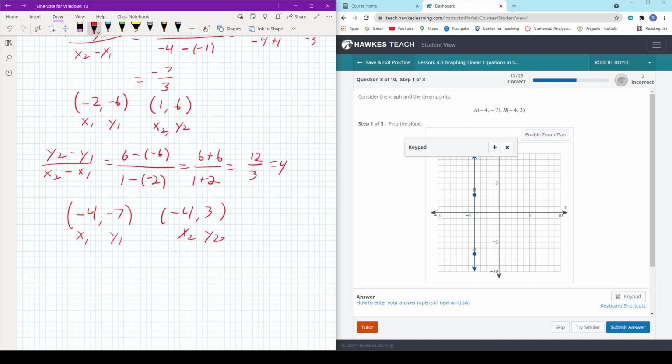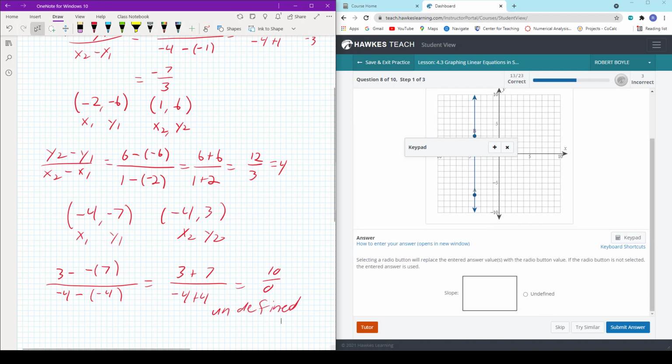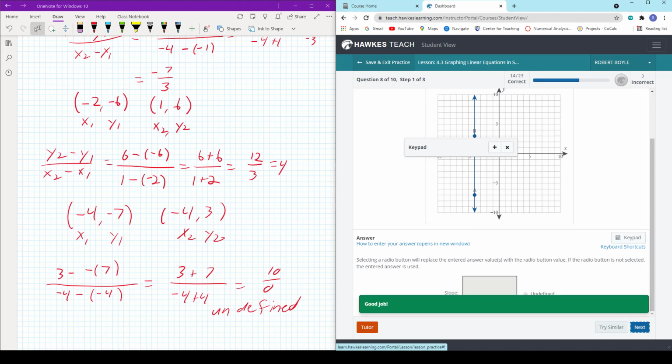We would have y2 minus y1 would be 3 minus negative 7. x2 minus x1 will be negative 4 minus negative 4, which will be, here we have 3 plus 7, negative 4 plus 4, which is 10 divided by 0, which is undefined. So you would go ahead and click. You couldn't put anything in here. You would need to click undefined, submit your answer,